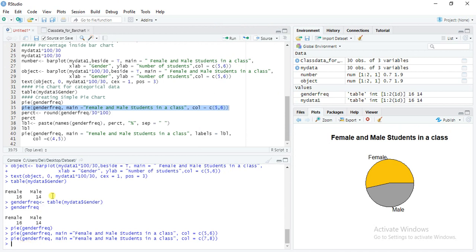Okay. Now we want to convert it into percentage. We want to show our data as percentage. So I have written percent and round. Is it clear?